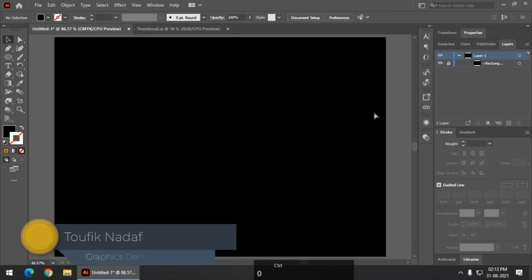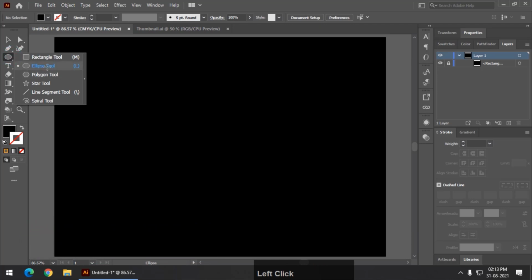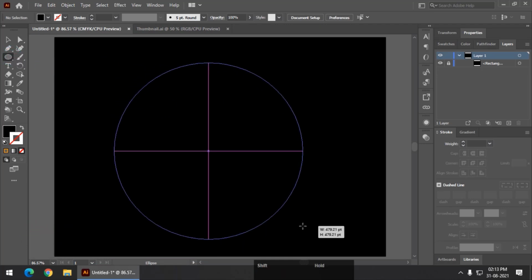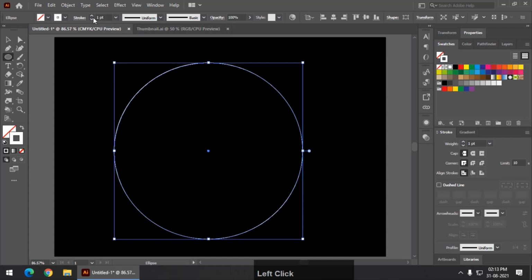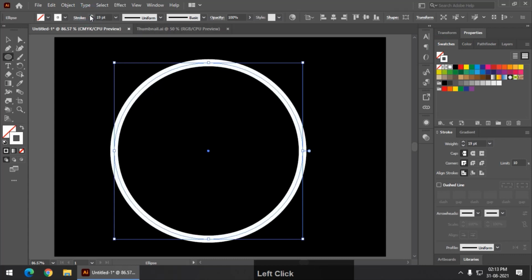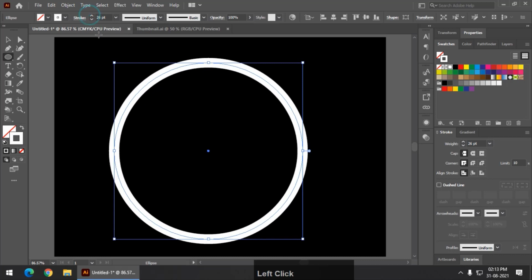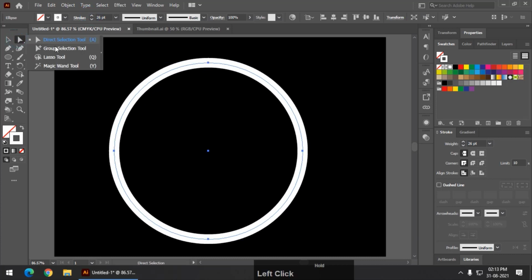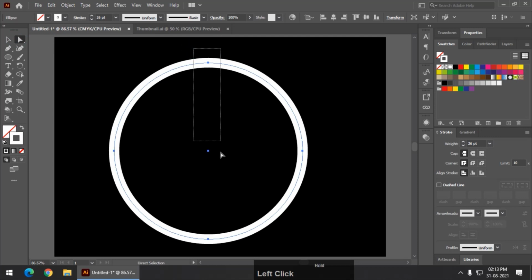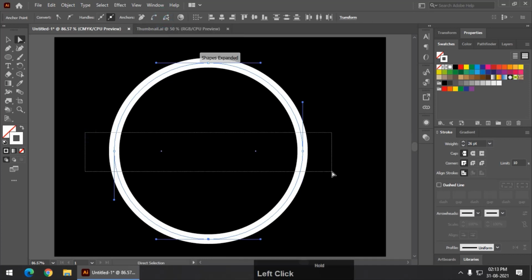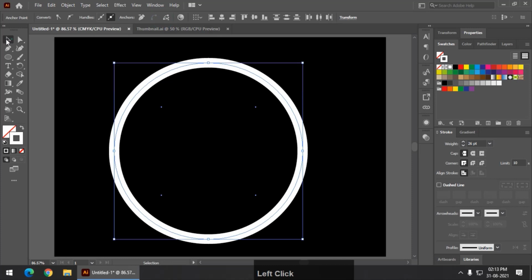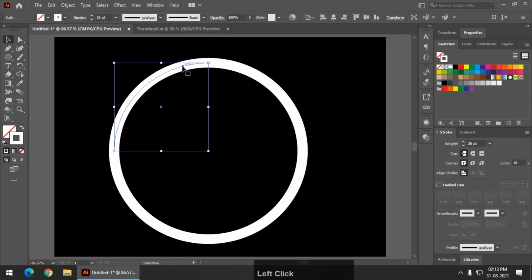And now we have to select or create an ellipse and keep the stroke on and turn off the fill color. Now increase the stroke value to round about 25-26, so I'm going to keep it to 26, and using the direct selection tool we need to separate all the anchor points. So select the anchor points and click on this particular option over here. Again, remaining two anchor points, so all the anchor points are now separated like this.